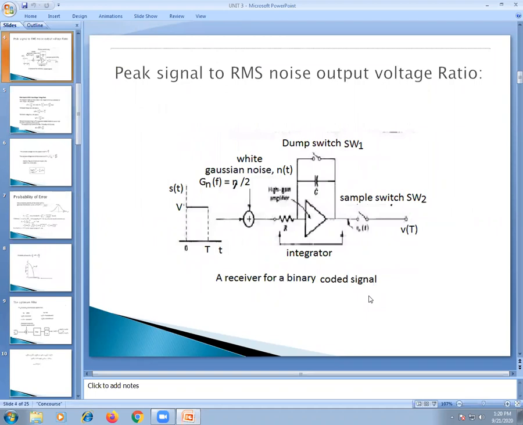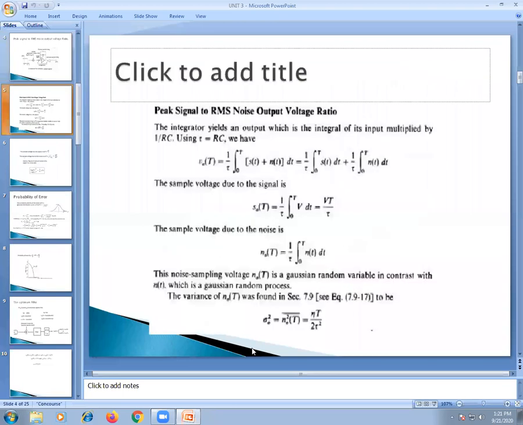This is the signal. This is the block diagram. What is this block diagram? Baseband signal receiver. What is the baseband signal receiver? The input is given to the adder, added by white noise, and given to the integrator and dump circuit. The same concept: here you can use the adder, there you can use a multiplier.